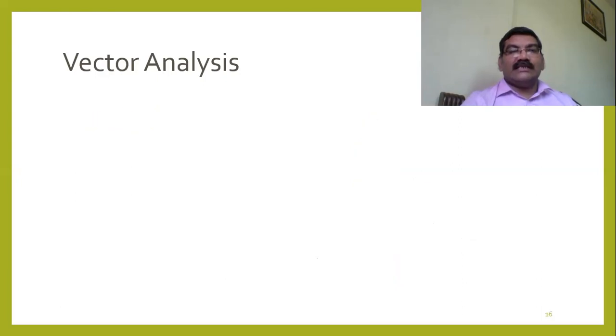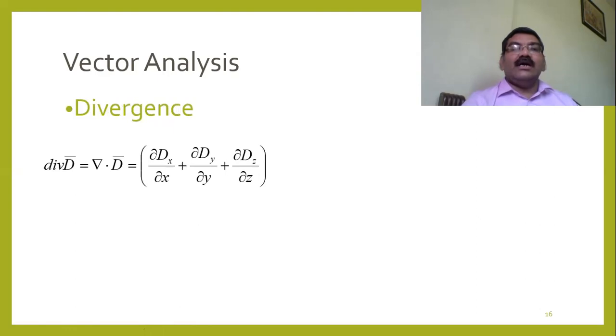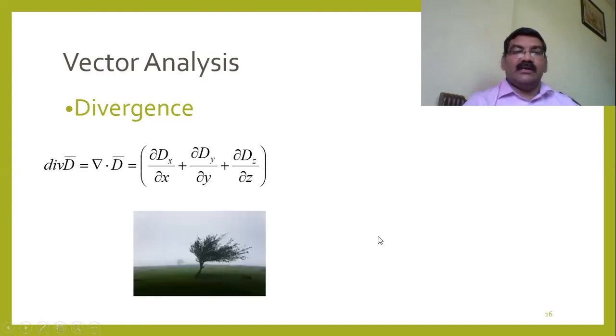Now we'll go to the next, that is the divergence. Previously we took a scalar quantity. Now we can take any vector quantity. So I have taken here D. D may be any vector, you can take any other vector. What example am I taking here? The wind velocity. As we have taken the scalar field, now the vector field. In the vector field, we take wind velocity. The wind is flowing in this way. So this is also a vector quantity.